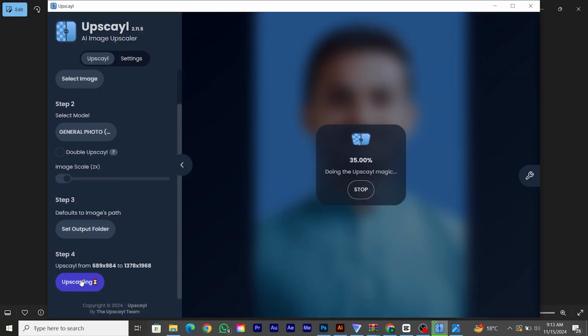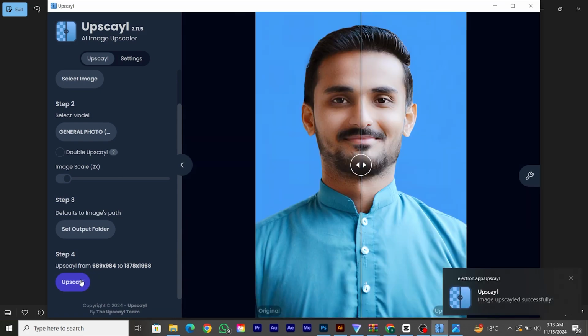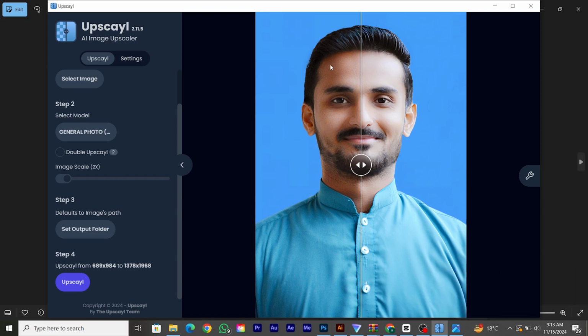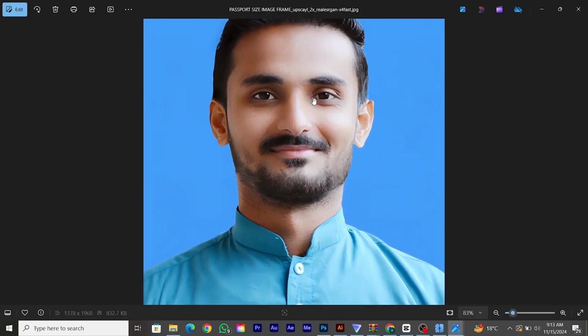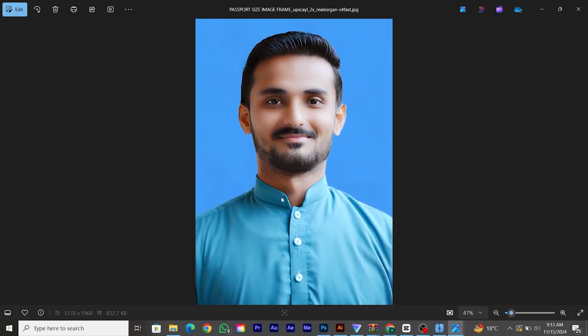It will take a little bit of time, a few seconds. Okay, and then it's done. You can see on the left side my image has noise and grain, but on the right side, after processing, I have a very smooth and clear image. You can see the difference. Even on my clothes there is much grain and noise, but on the right side it's smooth. Basically, what Upscayl does is increase the number of pixels in your image. This is the concept behind this software. Now you can see my image has full resolution. My face is very clear, my dress is clear.